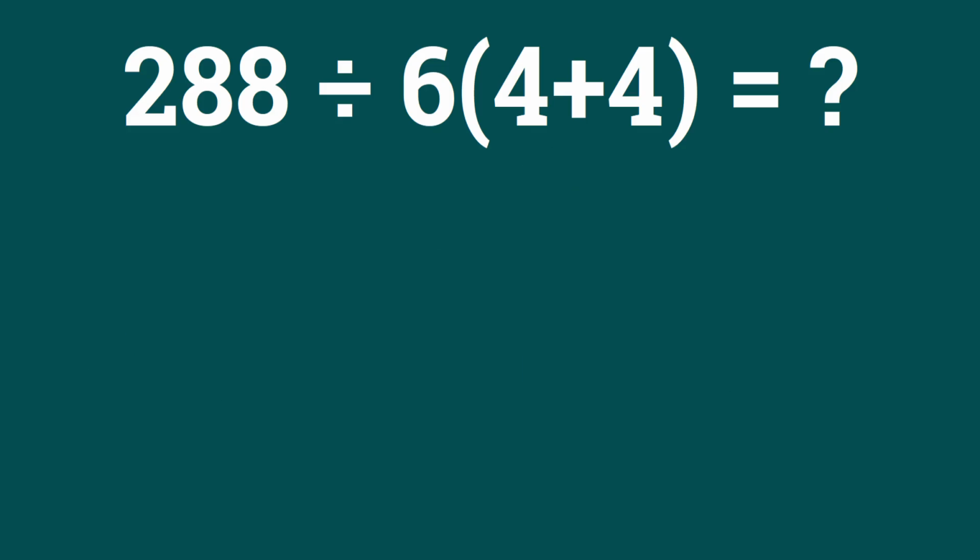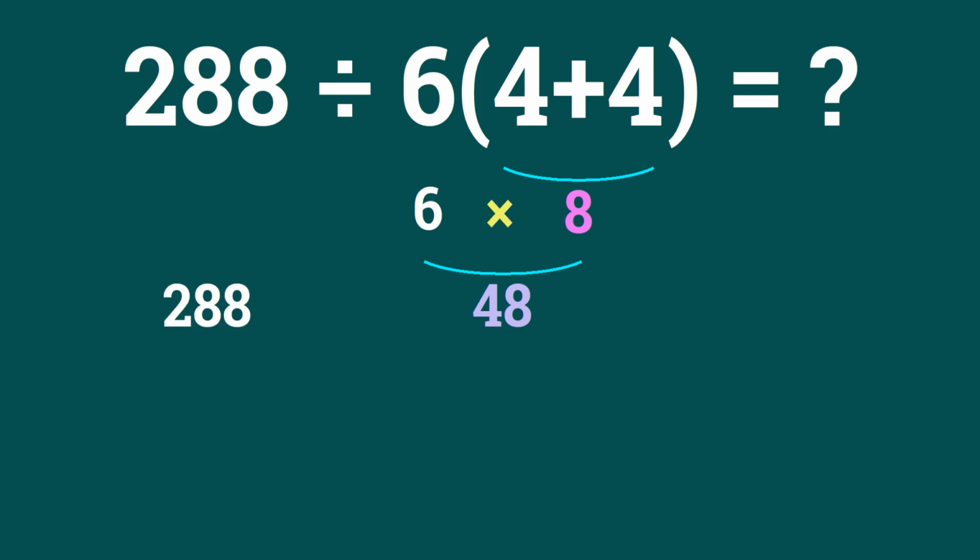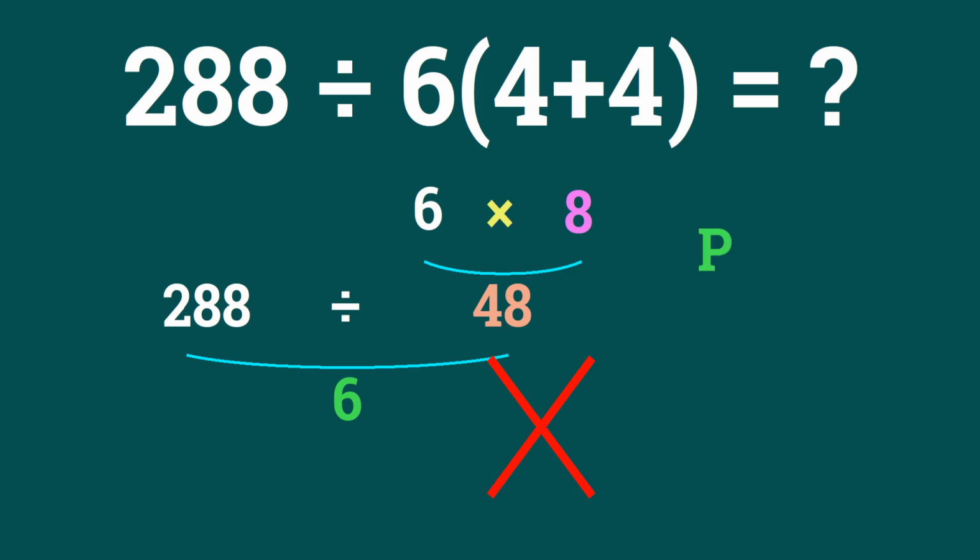4 plus 4 gives us 8, and 6 times 8 gives us 48. So 288 divided by 48 is just 6. But this answer is not correct, because according to the order of operations, first we have to do parentheses, then